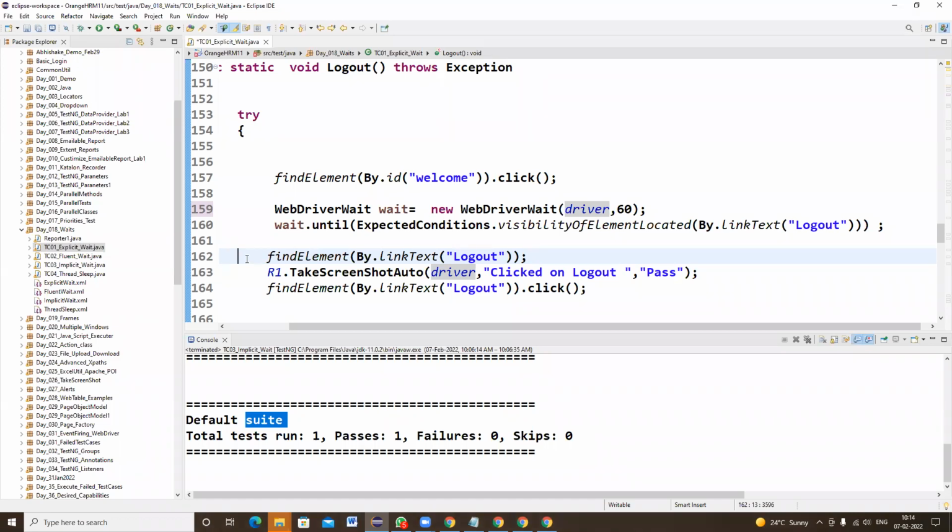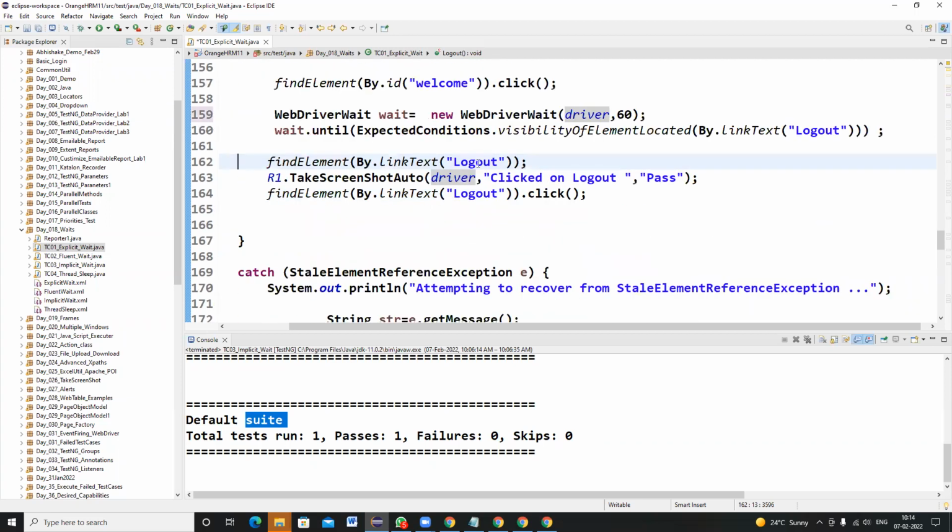Understood everyone? Now I am going to ask you a question. In a program, can I write implicit wait and explicit wait? Yes, we can write both. Implicit means it's a global rule applicable for any web element. Explicit means we are giving extra time to handle that specific web element. That's it. Simple thing: explicit wait means giving extra time for the specific web element, and implicit means it's a global time for any web element.